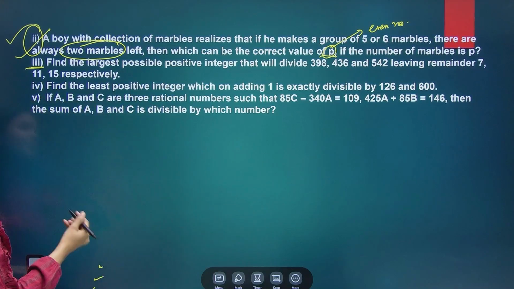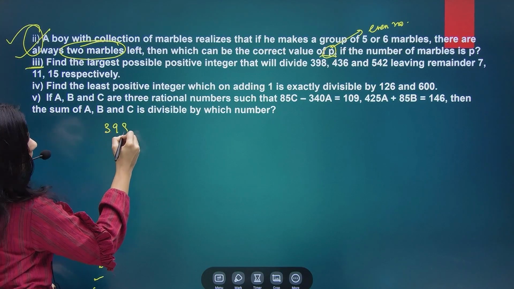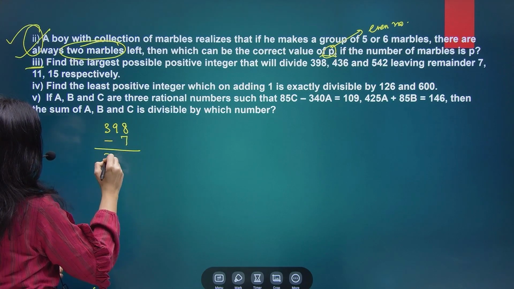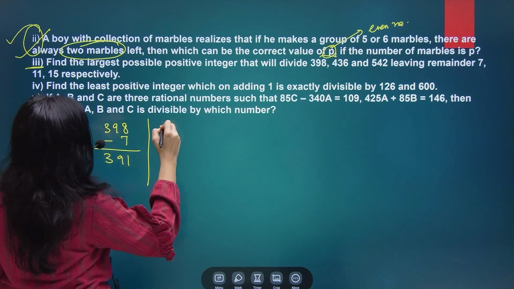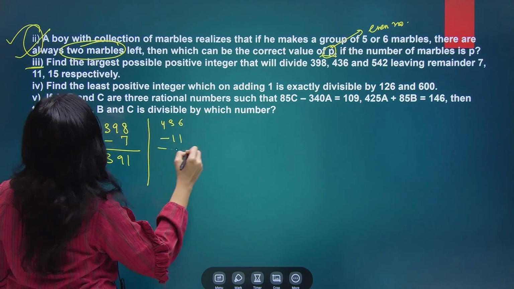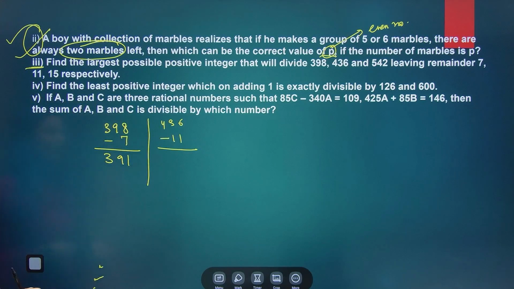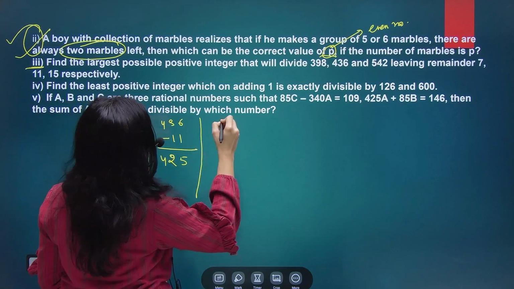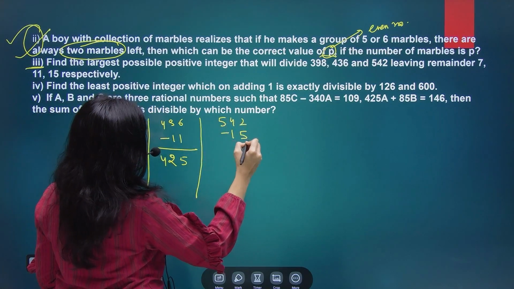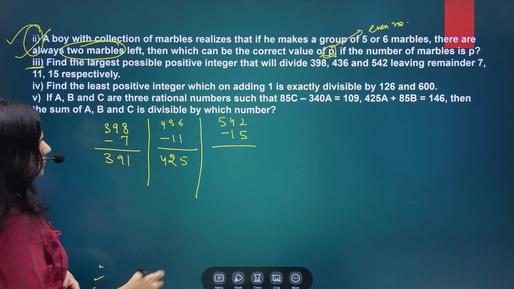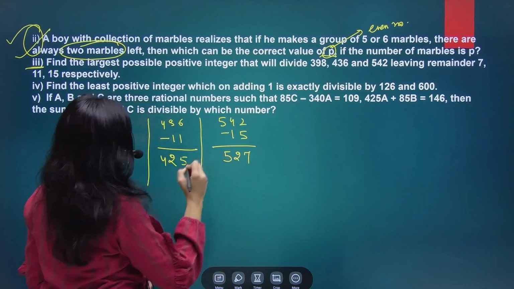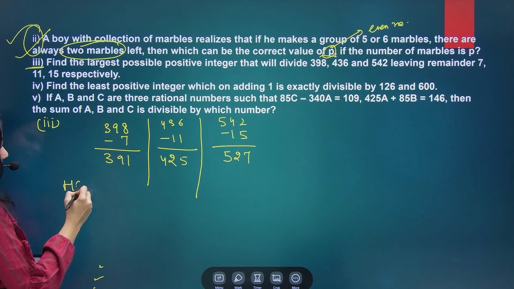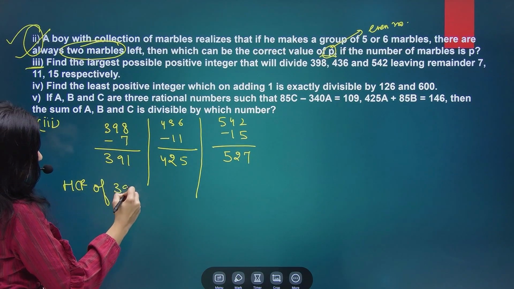But leaving remainders 7, 11 and 15. 398, if we subtract 7, is going to be 391. From 436, subtract 11, you know the remainders have to be subtracted. From 425 and 540, I am going to subtract the respective remainders 15, giving 527. Now to answer the third part, I have to find the HCF of 391,